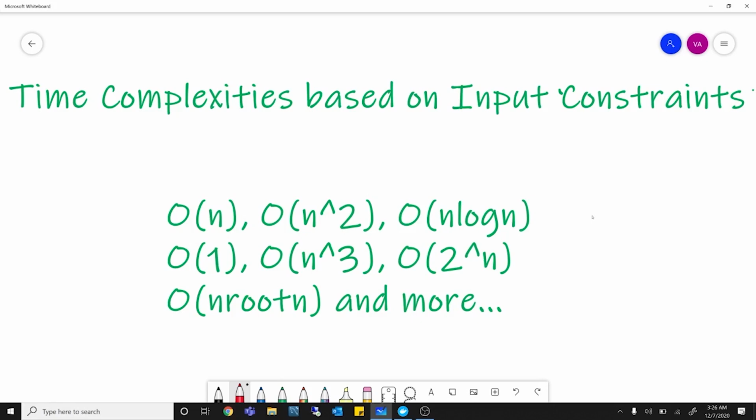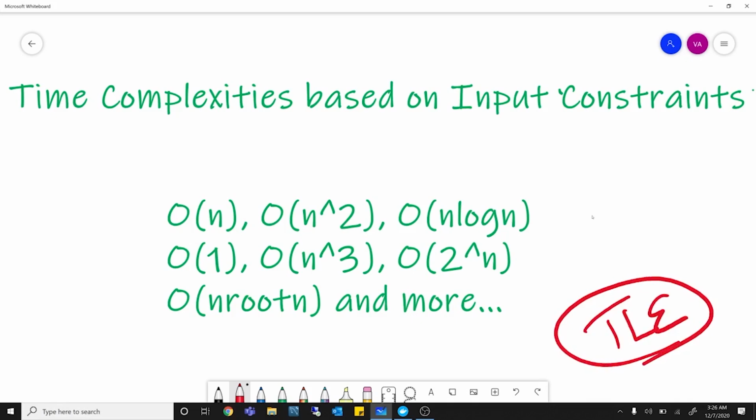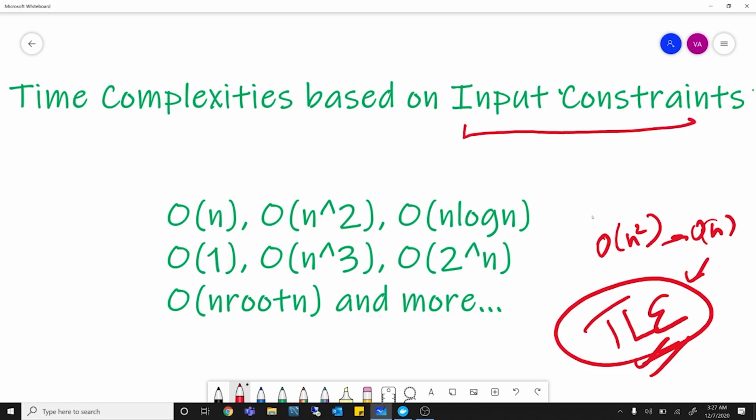So it is quite often that people find this error in their codes, TLE. This happens when you've used a time complexity which is greater than the required time complexity. For example, if you've solved a question in O(n) square while it was supposed to be solved in O(n), this error appears, which is called time limit exceeded. So how to judge which question has to be solved in O(n) and which in O(n) square is quite important, and this can be decoded by looking carefully at the input constraints.